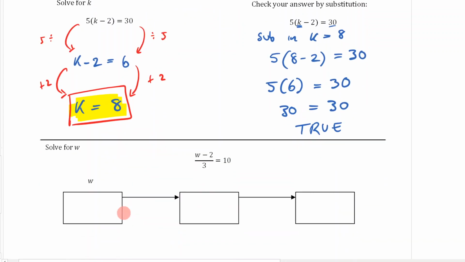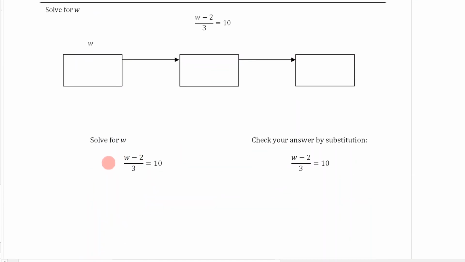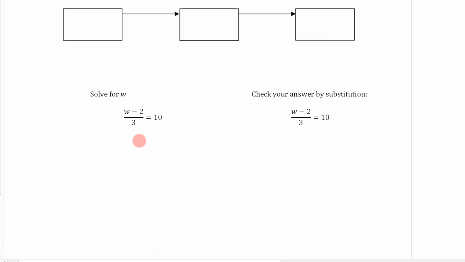Okay, the last one here. Again, you might like to pause the video, and I might do this one first before I go through my flowchart. So pause the video and see if you can answer it straight away. Solve for W. Can you solve this for W for me? So pause, see if you get it. Okay, what you should have done